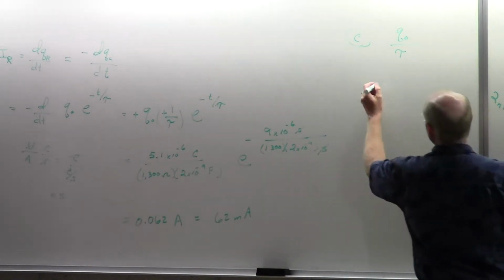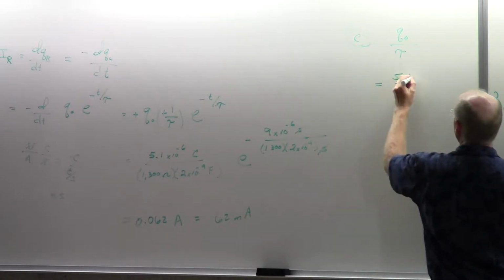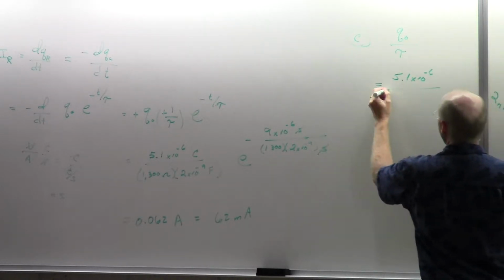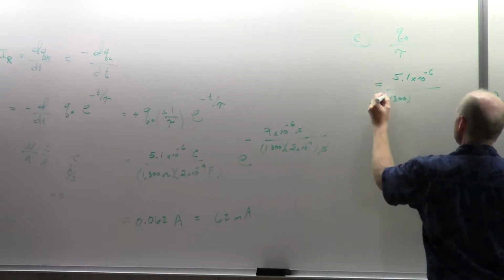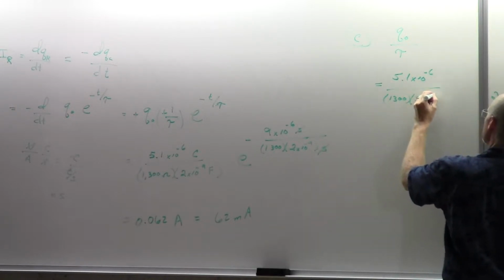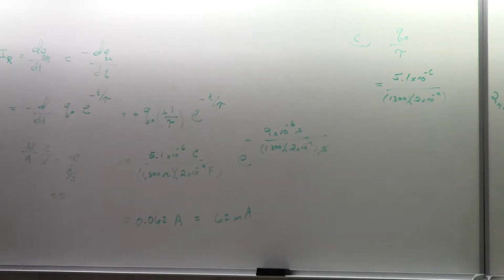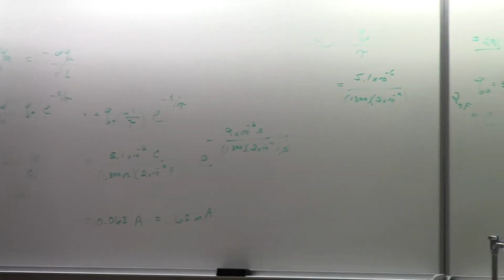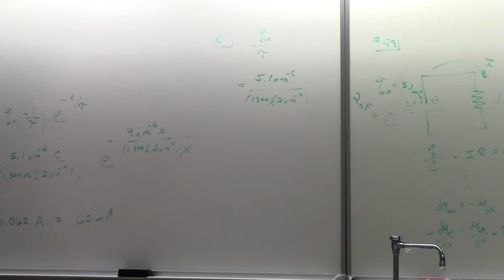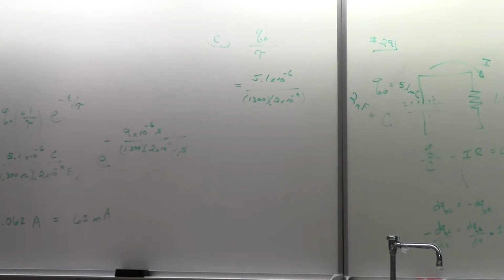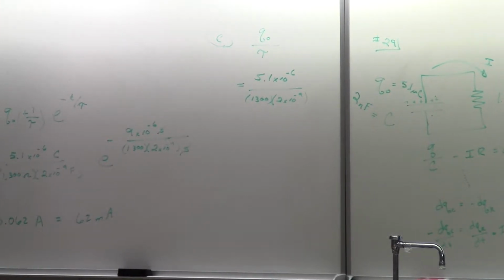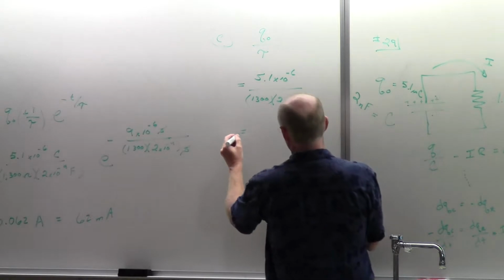And so now, if I put the number in here, 5.1 micro over, I keep doing this 1,300. I probably should have just multiplied that out. It's like the third time I got to do it. I should have just done it once and written it on the side there. But that should be the maximum current. So 5.1 times 10 to the negative 6 divided by 1,300 divided by 2 times 10 to the minus 9, coming up to be almost 2 amps. It is